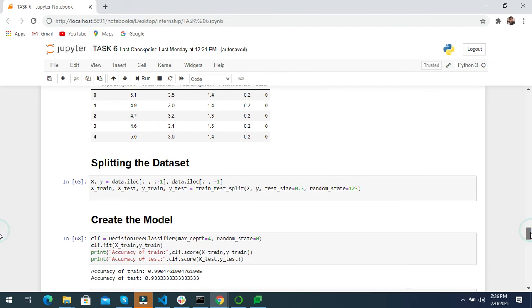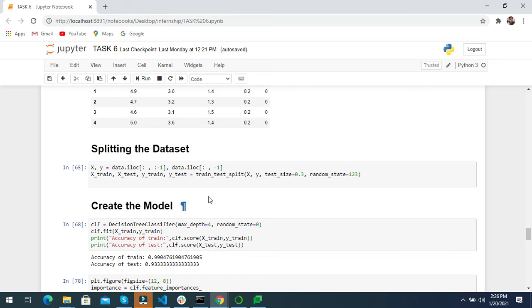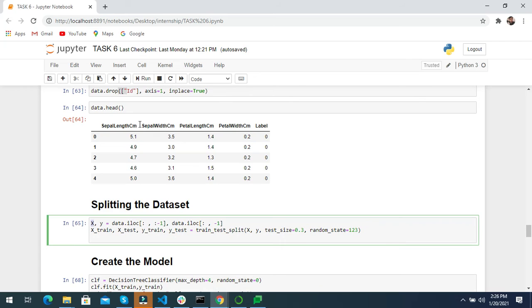Then we split our data set into X and Y. In X we have the columns from sepal length centimeter to petal width centimeter, and in Y only the label column.